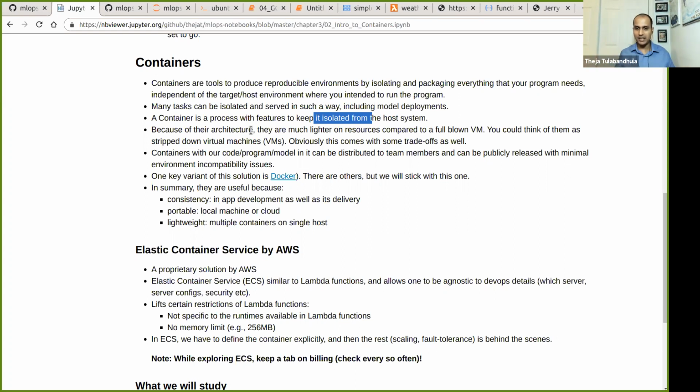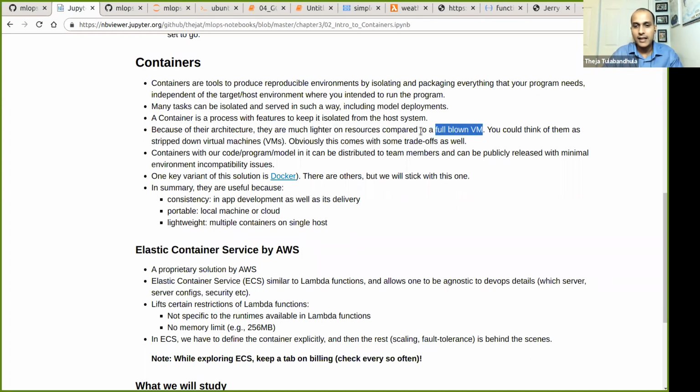It doesn't know the bigger world, which is that the Linux OS itself is running as a virtual machine inside Windows. A container is very similar in that sense, but at the same time it's much lighter on resources. It's not the full virtualization that you would achieve on a virtual machine.